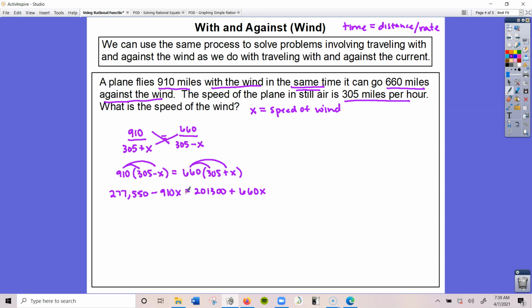That means that we can just solve for x by moving all the x's on one side and everything else on the other. So I'm going to add this 910x over here, which would give me 277,550 is equal to 201,300 plus 1,570x. Now we can subtract this 201,300